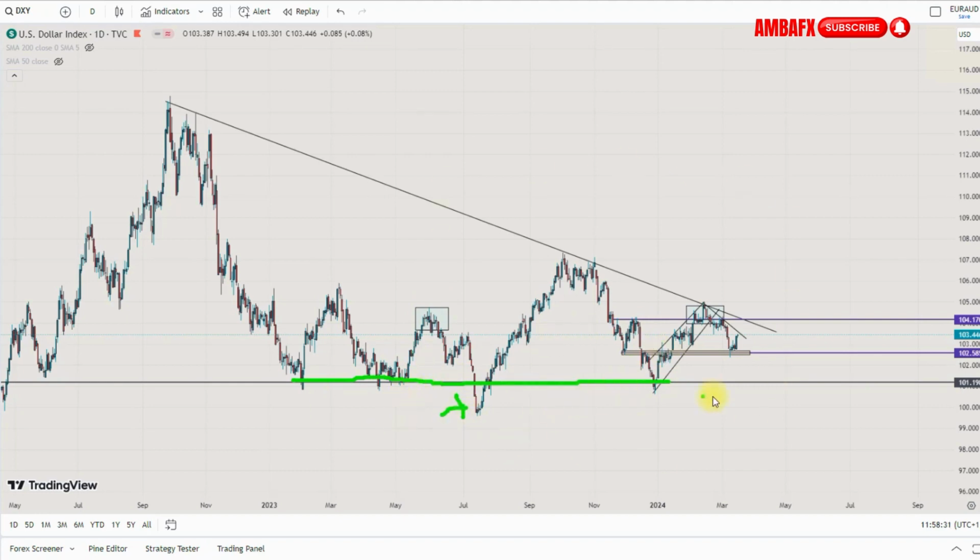And then another thing I want you to know is that price might actually come here and might not come below this area before we see a move that will actually break this level to the upside, and then you start seeing price rallying back to 113 or 114. You can see this in a couple of weeks or months, which might actually happen